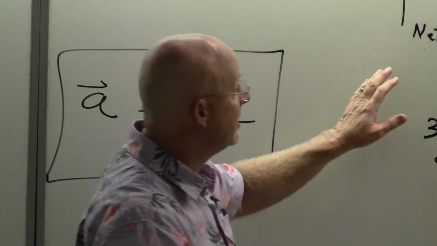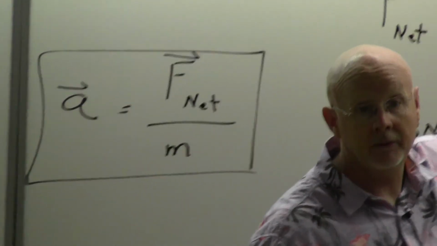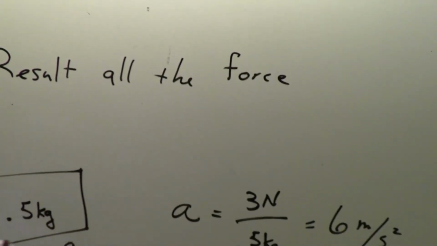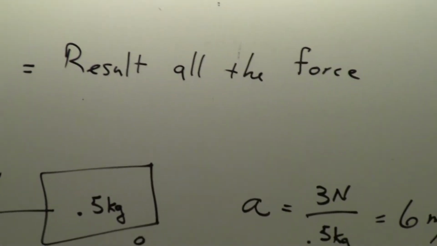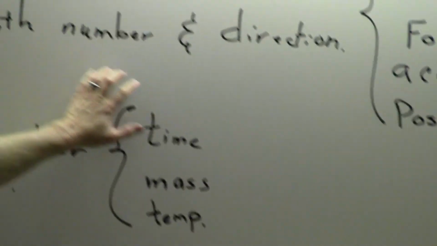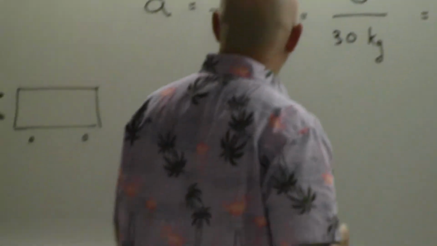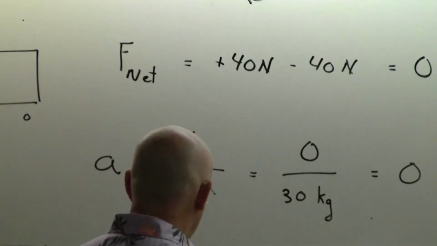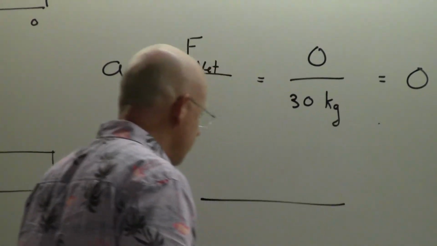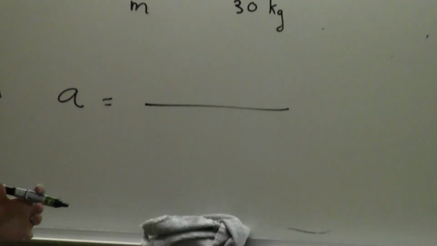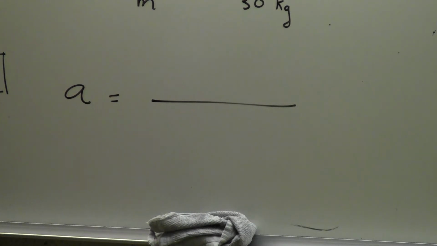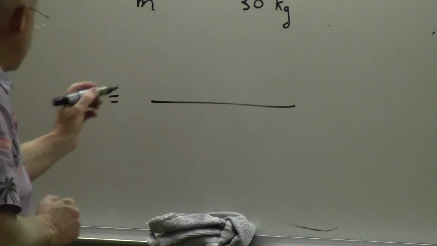The net force is the result of all the forces. But remember, force has number and direction. So when I take into account all the forces, and in this case there's only 2 of them, but I think it illustrates it. We could have 3 or 4 forces,